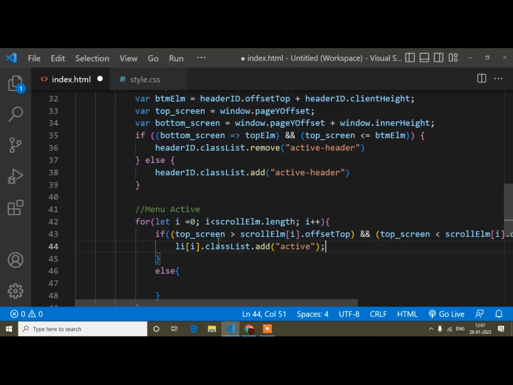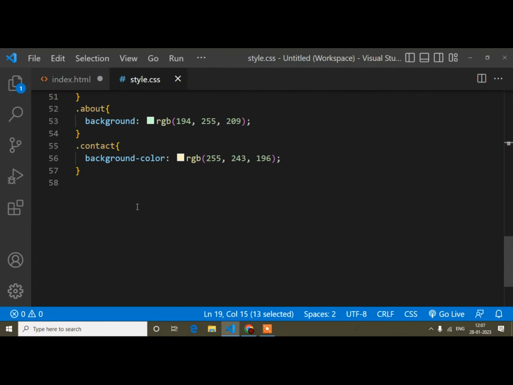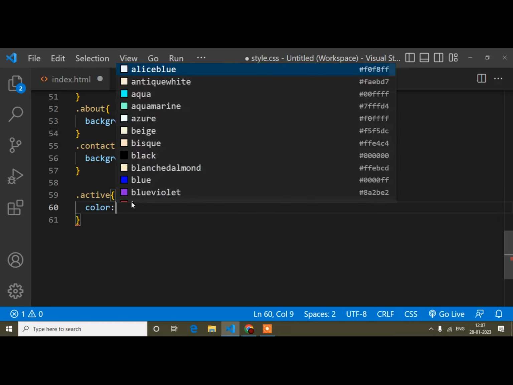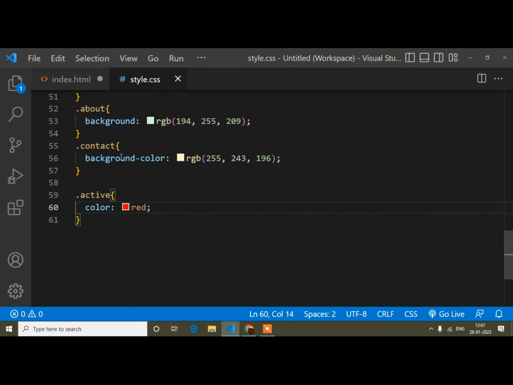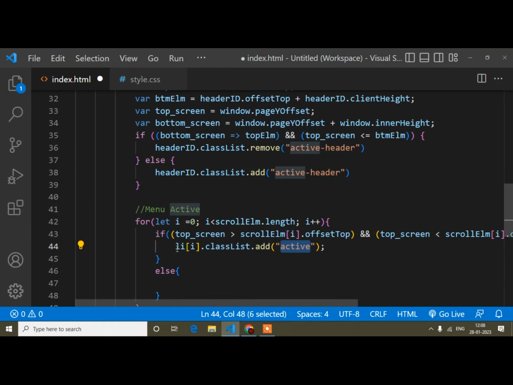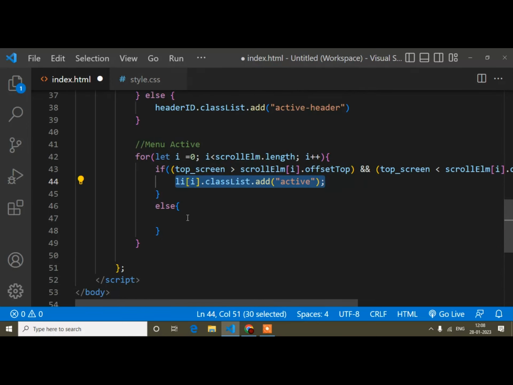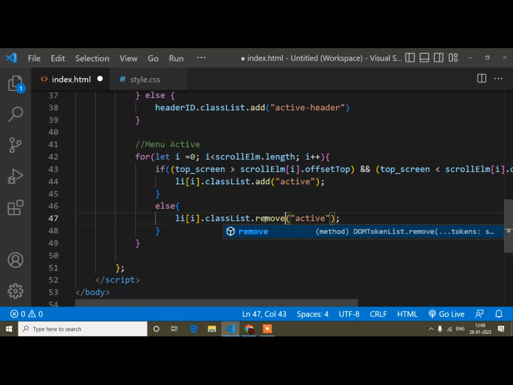If you are wondering where the active class is, this is a custom class. So I will come here, and in the CSS I will write this class and add color. You can write anything, I will write a red color code. And in the else part I will simply remove this active class.